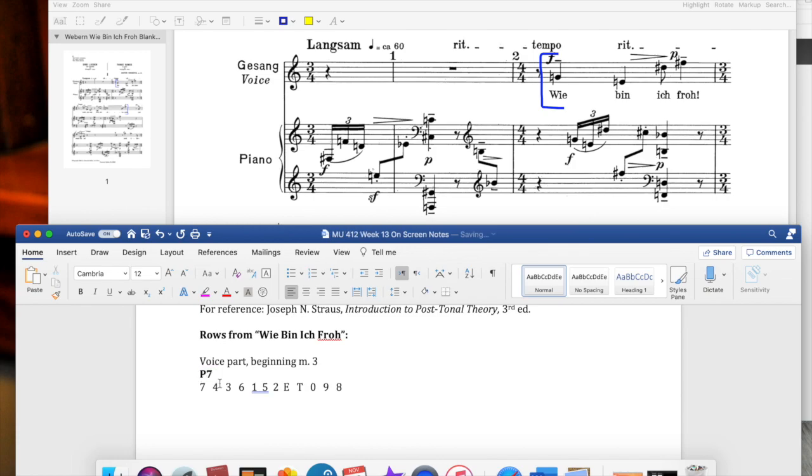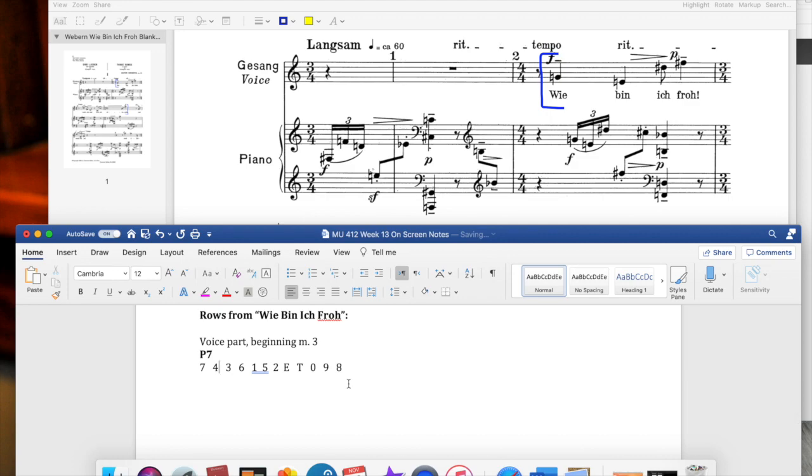One thing we can also do is just take note of the order of intervals that happen in between each of these notes. I'm going to note that down here on the next line. I'm going to give myself a little more space between each one so that I can have space on the second line to note how far apart they are.